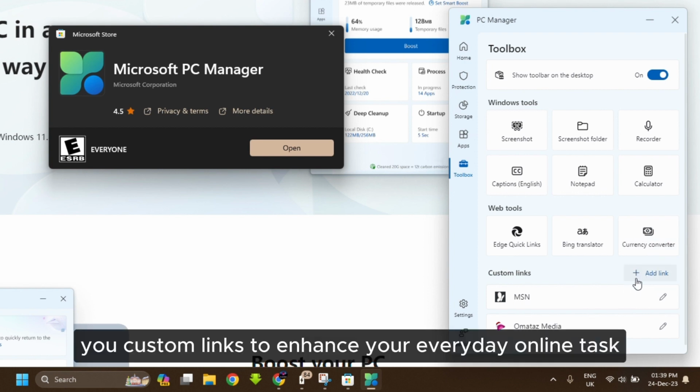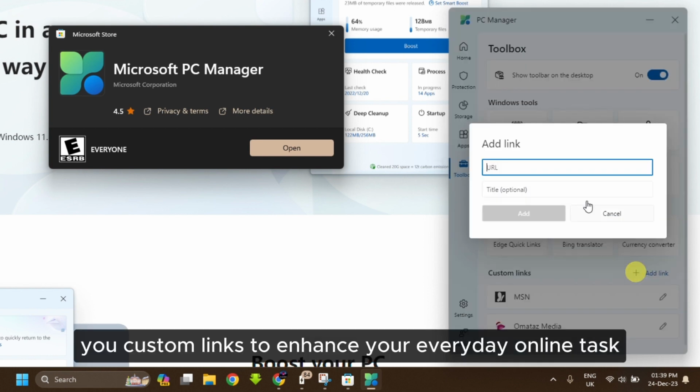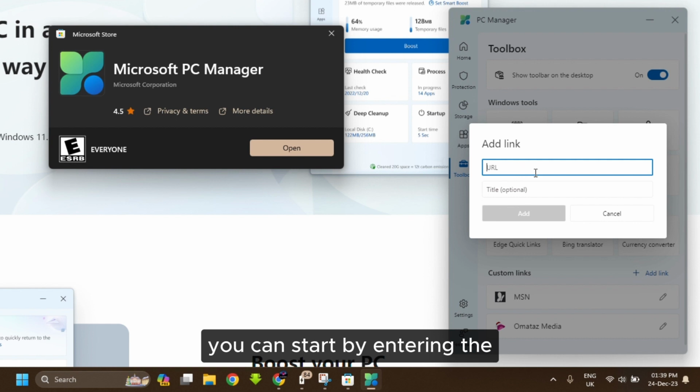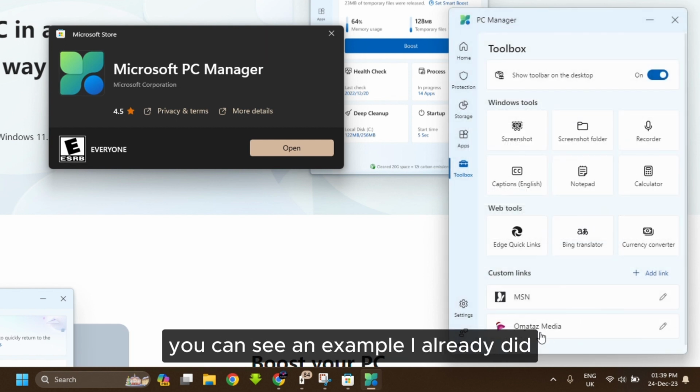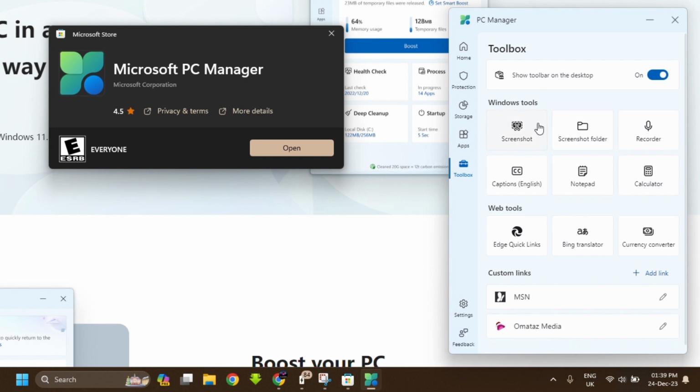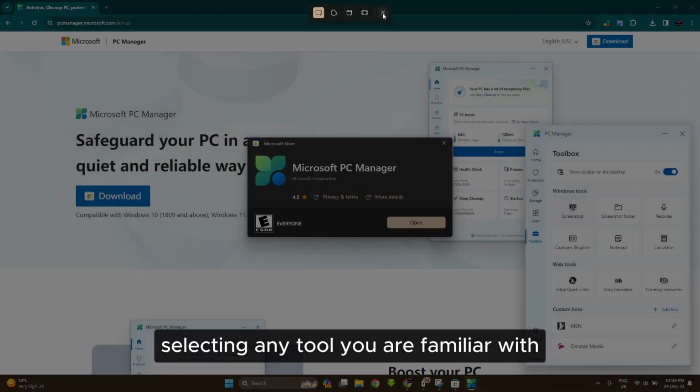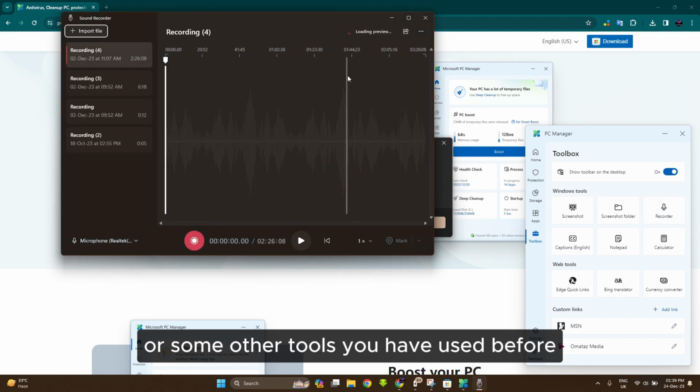Over here, you can add custom links to enhance your everyday online tasks. You can start by entering the URL and the title for every page you work with every day. You can see an example I already did. Why don't you try by selecting any tool you are familiar with or some other tools you have used before,